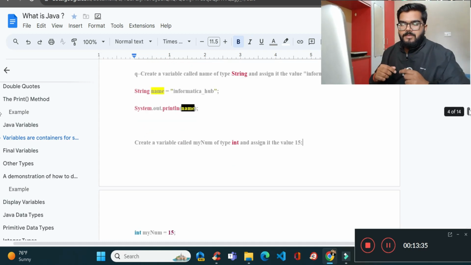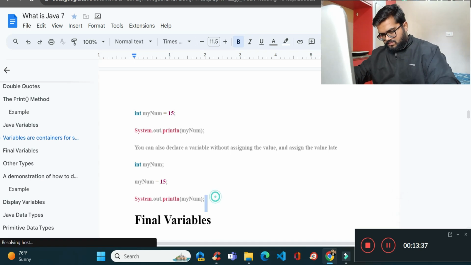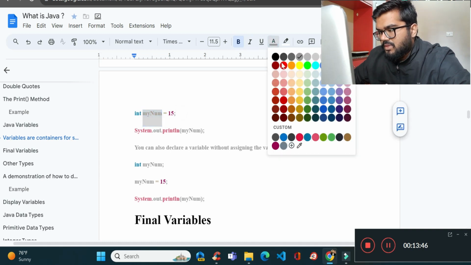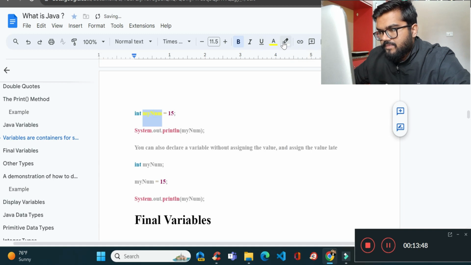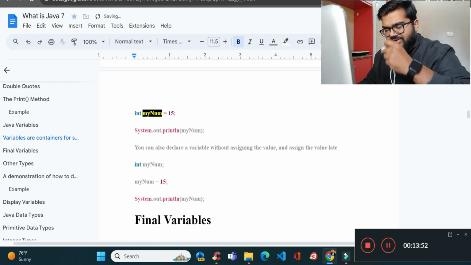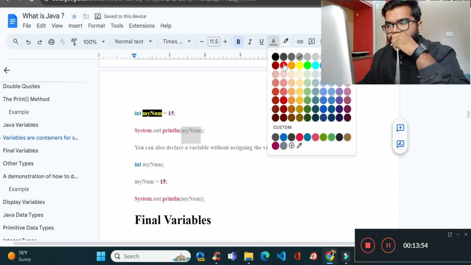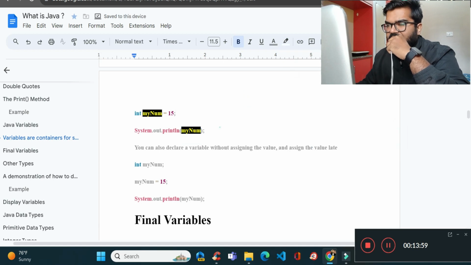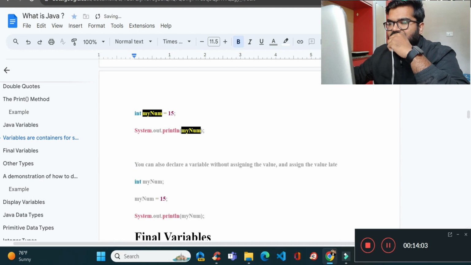Okay, so the answer will be like this: int is the type, myNum is the variable name, equal to 15, and then you pass the value and print it like this, and it will be called here. So this is how it's defined: int myNum = 15; System.out.println(myNum);